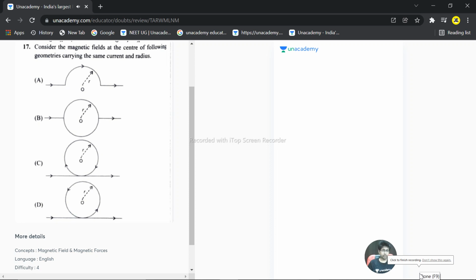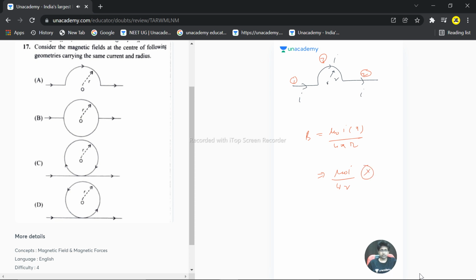So we have a question over here. Calculate the magnetic field at the center of the following geometries carrying the same current and the radius. So that's the first, current I is flowing like this, and the radius is r. The magnetic field due to the first and the second will be zero, but because of the third, the overall field will be mu naught I theta, theta is pi by 4 pi r. So that will be mu naught I by 4 r. That's the answer for the first case, and it will be cross.